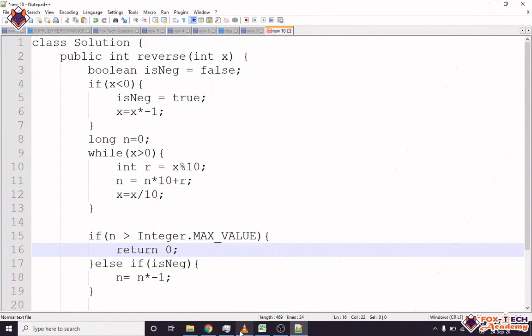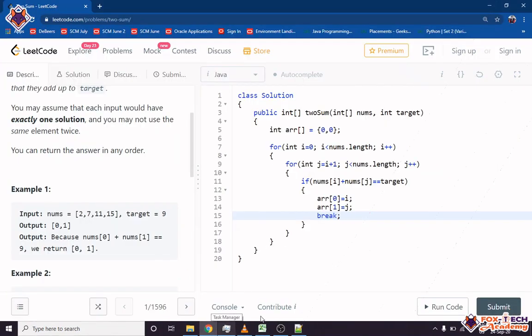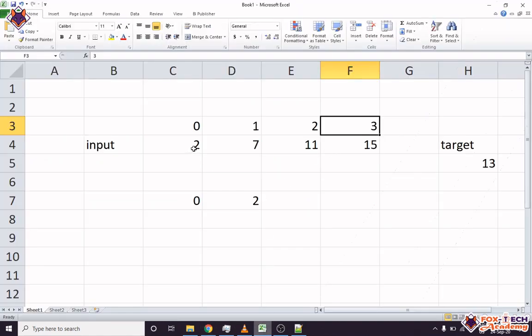So if you see here, suppose at first we find 7, so 13, 0, 11 and 2, these two. If we find these two, we will put the indexes of these two variables in the new array, and we will break the loop. After breaking, it will not check the next, right?